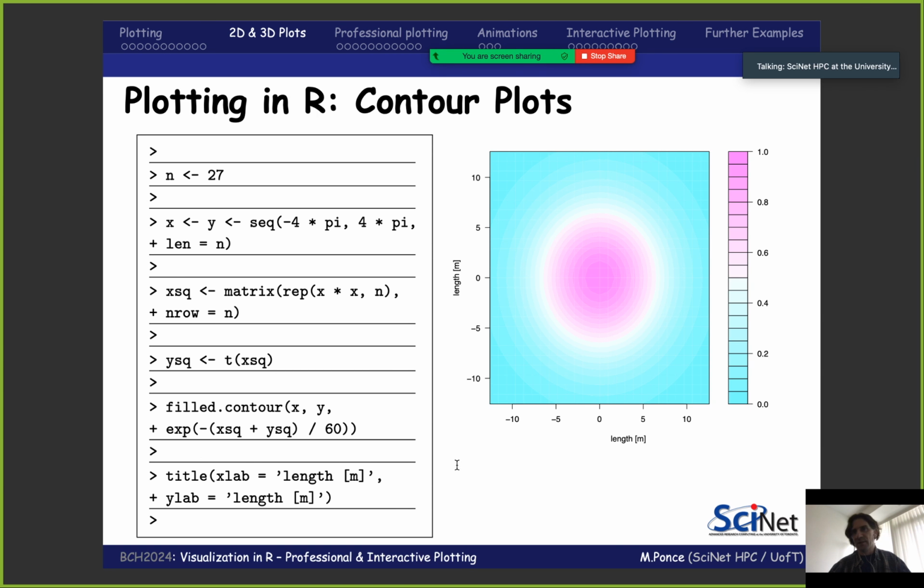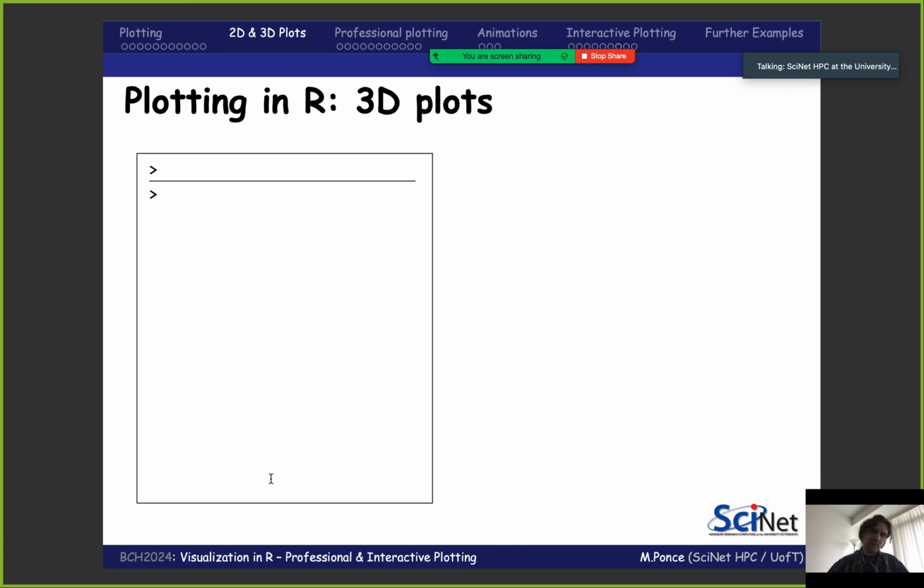You can of course decorate the plot with titles for the X and Y axis, and of course you have more control on this function. There are a lot of arguments, but I'm just showing you again one way to represent data, and a lot of things that you can tweak with this function. Okay, now let's see how this actual plot looks in 3D.